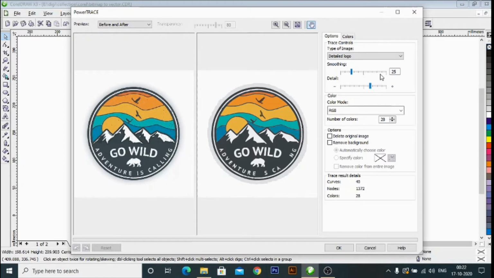So let's start the smoothing. Adjust the smoothing for better quality of your vector. As you can see, I set the smoothing.